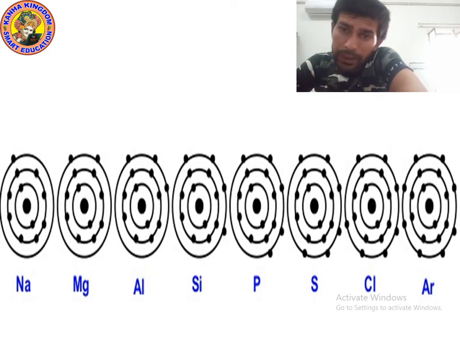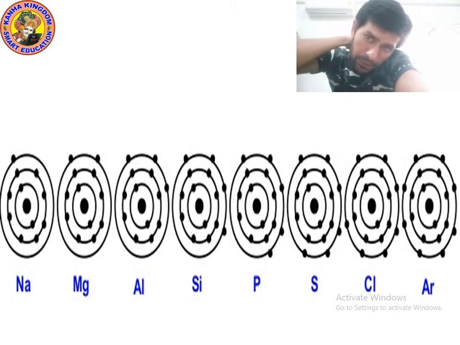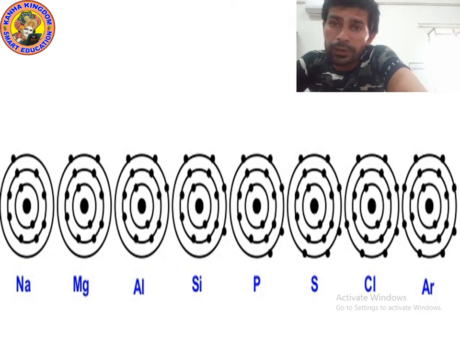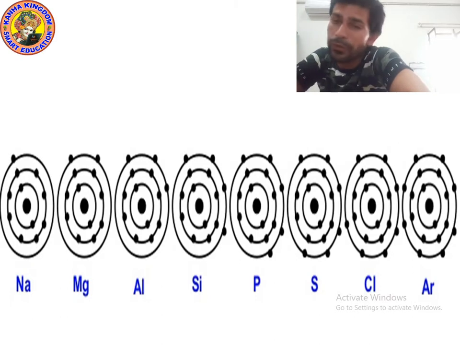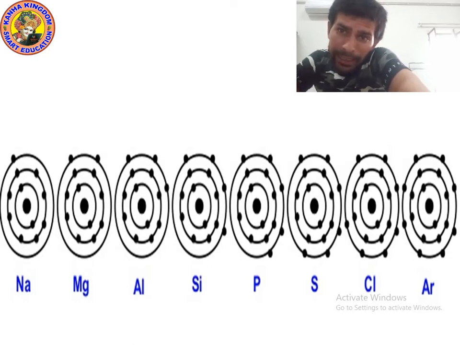I hope you understood. Now it's time to talk for phosphorus. How many electrons are present in phosphorus? 15. Okay, so in first circle, how many electrons can we fill? We can fill 2 electrons. So 15 minus 2, 13 electrons are remaining. In second circle, how many electrons can we fill? We can fill 8 electrons. So 13 minus 8, 5 electrons are remaining. In second circle, we will make 8 black dot. Now 5 electrons are remaining.